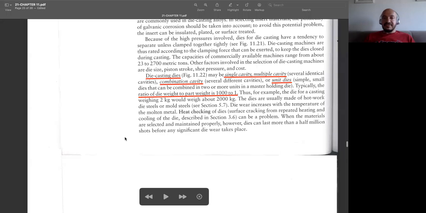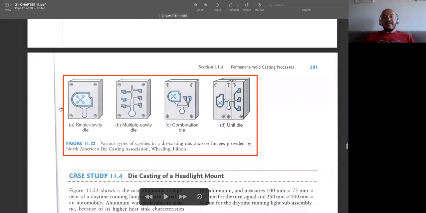And for die castings, we have different options. We may have a single die cavity like in this one here, or we may have multiple cavities of the same product, or we may have different products in the same die, which is much more flexible. You may have unit dies and then join them together to produce different products at the same time. So if you are going to produce a smaller number of products, then that might be the best choice. But if you are going to produce high numbers of the same product, then it's better to go with multiple